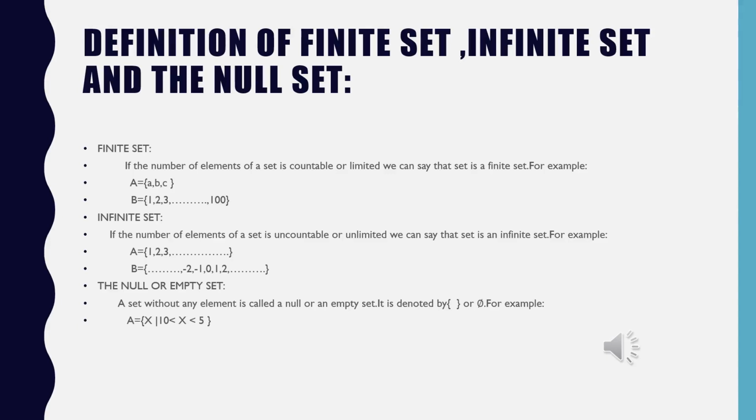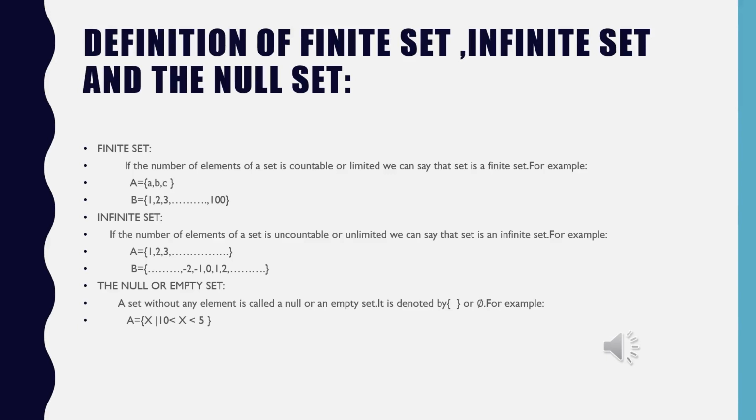These are called the set of integers, which we don't know from where it has started and from where it will end, on the left hand side also and on the right hand side also. So it is clear to all of you that when the elements of any set are uncountable, or you cannot count them, then it is called an infinite set. In both set A and B, we don't know up till which number it will go.